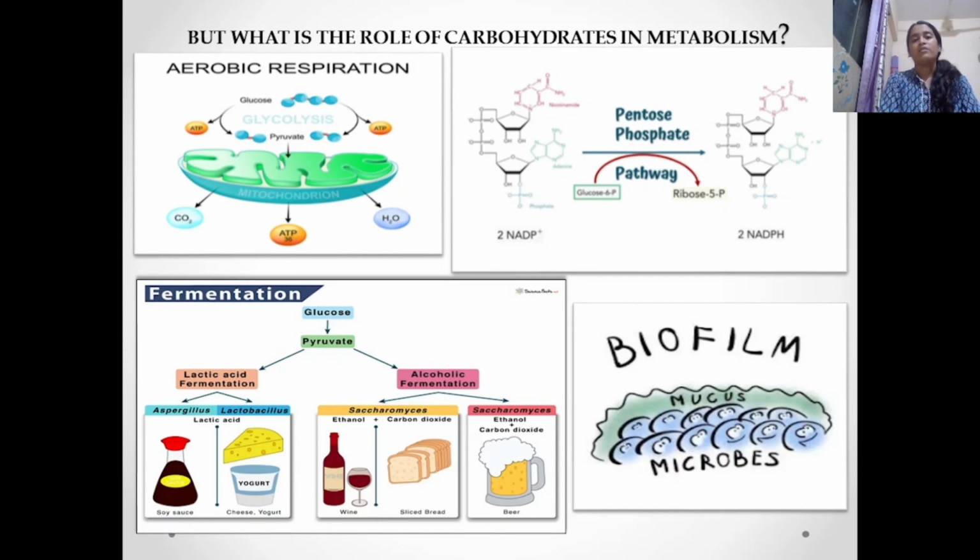So, for example, if the carbohydrate is broken down into glucose, this glucose enters cellular respiration, and the process of glycolysis takes place. What is the process of glycolysis? In glycolysis, glucose is converted into pyruvate, and ATP is also generated, and that is why glycolysis is a very important process in cellular respiration because it generates two molecules of ATP, two molecules of pyruvate,